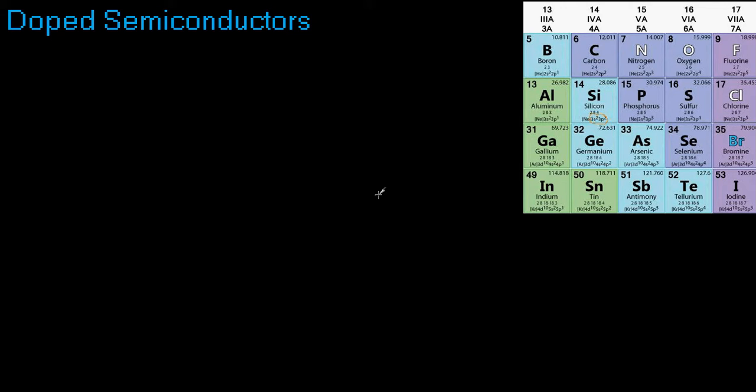Hello and welcome everyone. So in the last video we looked at intrinsic semiconductors and I explained how electron-hole pairs are created at the same time. That is, a free electron is created at the same time as a hole is created for intrinsic silicon, and we also defined N and P to be the concentrations of free electrons and holes respectively, and we also defined the term N times P equals Ni squared, where Ni is the concentration of intrinsic